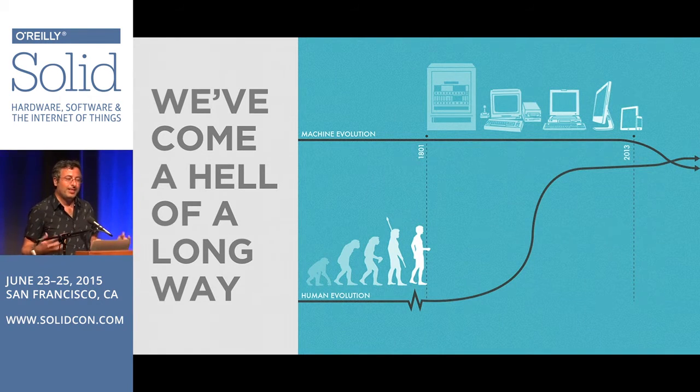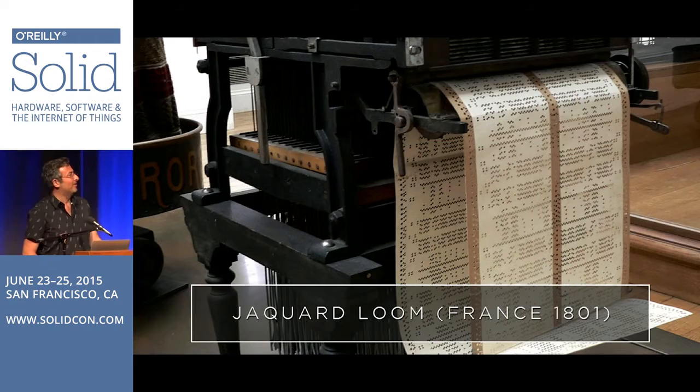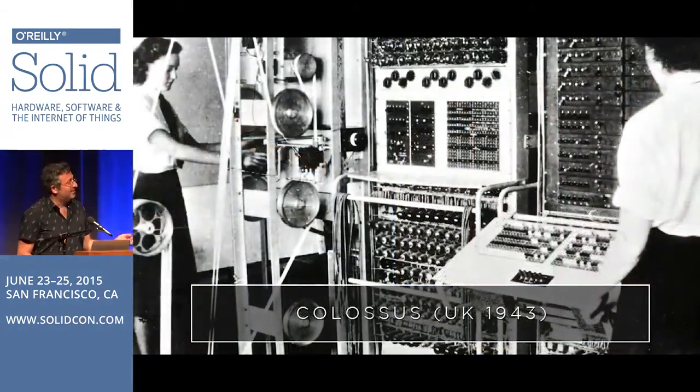So what do I mean by that? I mean that they've become more intimate, they've become more personal, but also the way that we communicate with them has become much more natural. So, when we look at the first computer, or one of the first computers, there were computers before this, this was actually the first programmable machine, the Jacquard loom. When we look at that input device, input language rather, it's not very easy to understand. Likewise, that's not very easy to understand either.